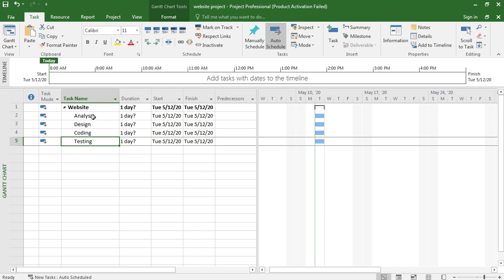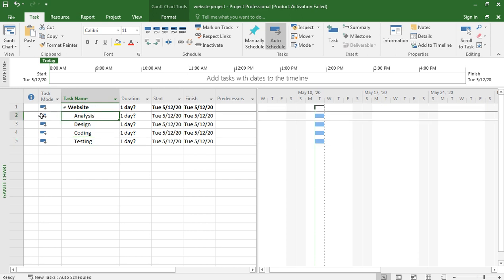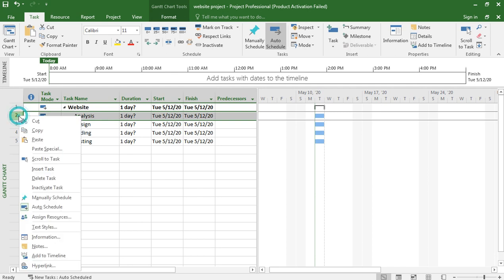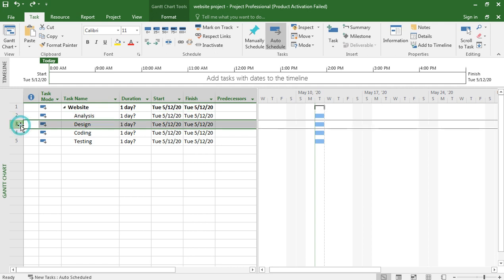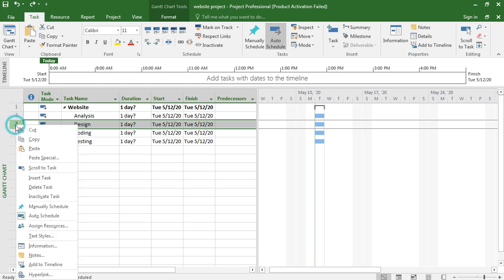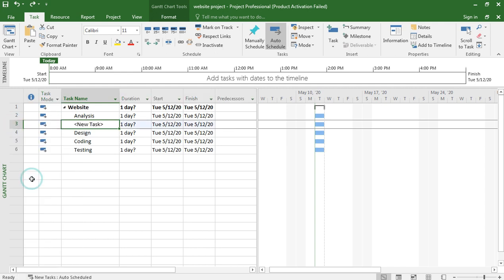And under the analysis we insert a row. Insert task. We should undo it. We should go here and insert a task. Right click and insert task. So the task is